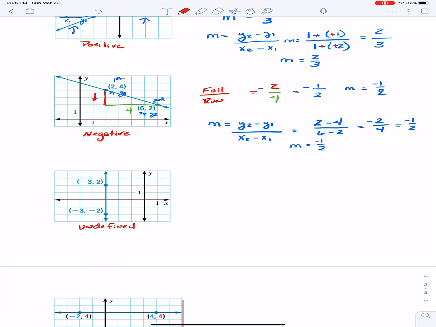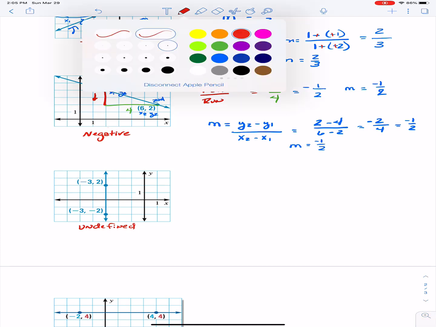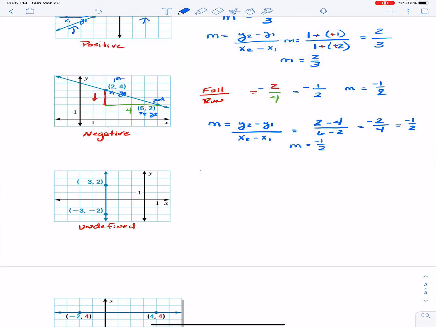First of all, I can't draw my triangle, can I? Because there is no rise, there's only fall, okay? So I'm going to have to use the equation this time for this one. M equals, well, I'm going to use,